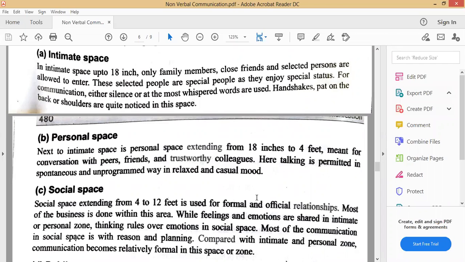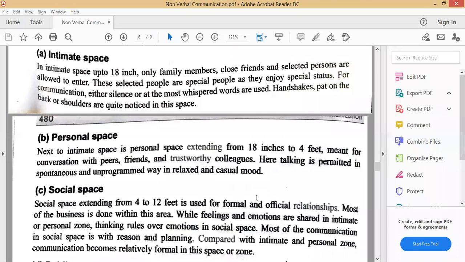Intimate space is the space which is very close to each other. ठीक है. So यहाँ पे हम किस किस को allow करते हैं? Most of the times our family members, ठीक है, and that too who are close to us. And then we have really close friends, हमारे जो बहुत ज़्यादा close हैं, हमारे best friends, we allow them to enter the zone. And then lastly, there might be few selected people whom we pick and we allow them to